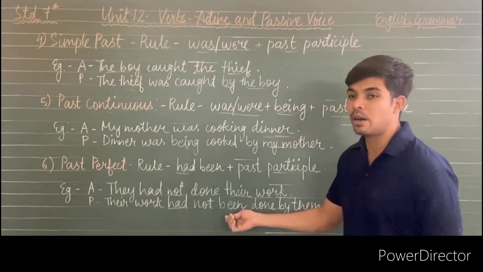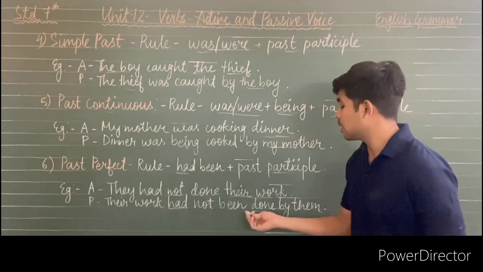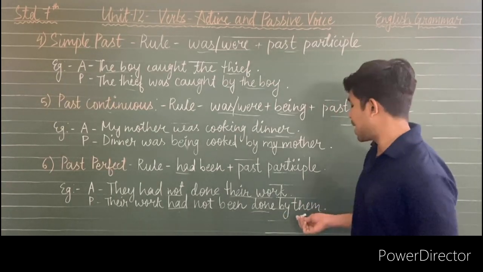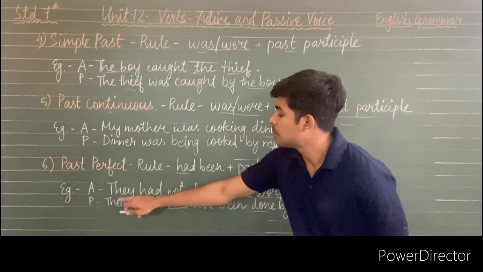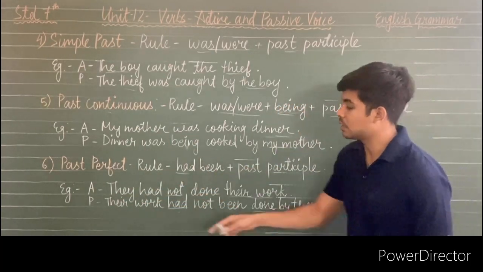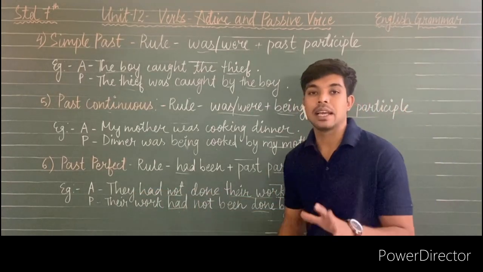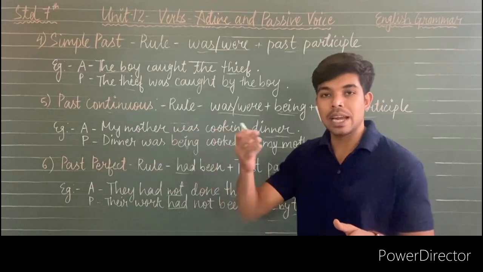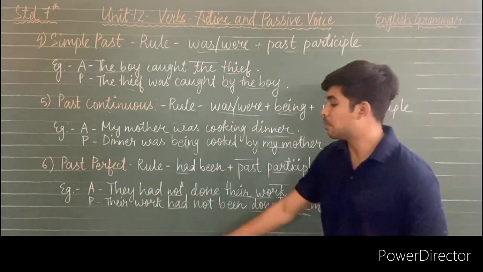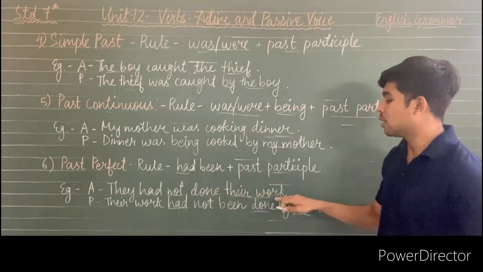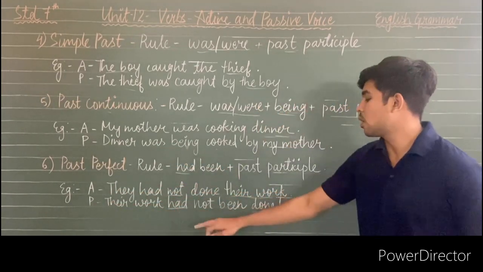Been has the form be, then after that done is the main verb, and by them. They becomes them when it comes to the object, as I becomes me. So this is simple. They had not done their work, and the passive voice is: their work had not been done